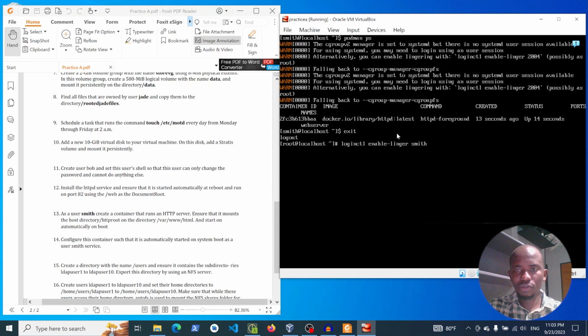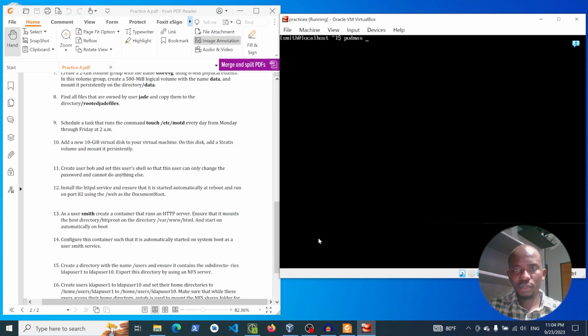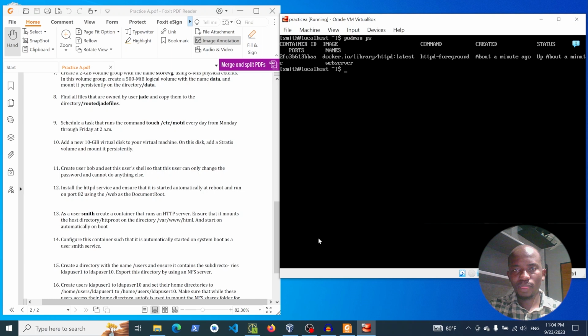So on user Smith, if I use loginctl show-user smith, you can see now the linger is enabled, and I'll use su - smith, and I'll use podman ps. So we have that container, and if I use curl localhost,